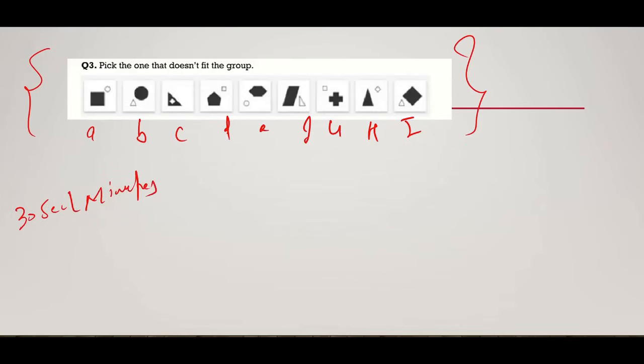तो आपको फटाफट से चीजें एनालाइज करनी है, कैसे करनी होती है मैं आपको समझाता हूँ। तो बेसिकली इसमें लिखा है कि pick the one that does not fit the group, मतलब ये काफी सारे फिगर्स हैं, जो फिगर इस वाले ग्रुप में फिट नहीं होता है हमें उसको चूज करना है। तो अगर आप देखोगे इसमें तो मल्टीपल फिगर्स है, फटाफट से एनालाइज करना स्टार्ट करते हैं। तो अगर आप देखोगे तो यहाँ पर A B C D E F G H I इतने सारे ऑप्शन हैं। अगर आप इसको क्लोजली ऑब्जर्व करोगे तो सबसे पहले फिगर्स में तो कोई भी यहाँ पर पैटर्न